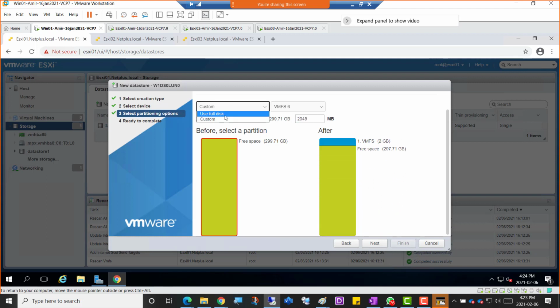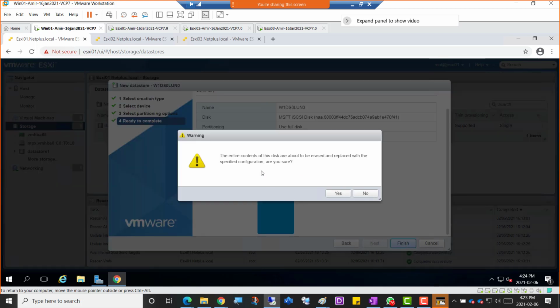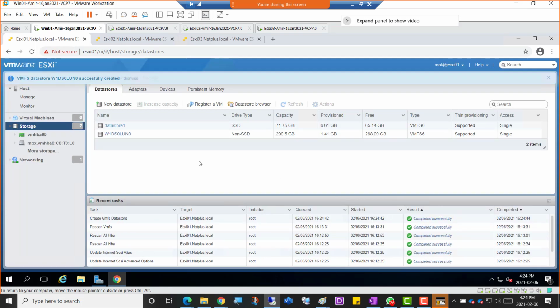I'm going to go back to use full disk, and I'll click next. And well, that's it. I'm just going to click finish. The entire contents of this disk are about to be erased and replaced with the specified configuration. Are you sure? Yeah. Okay, so I'm just going to press yes. So this data store has been created,